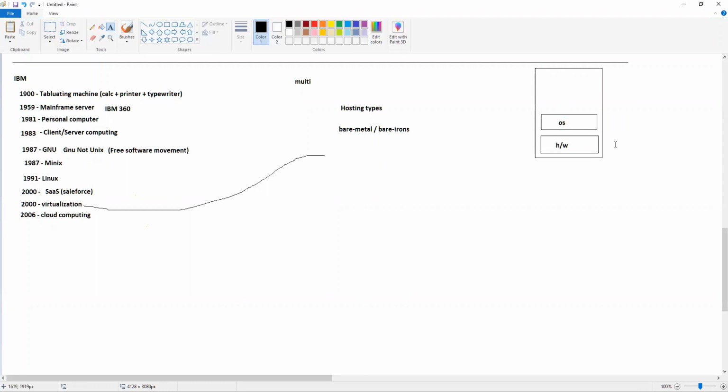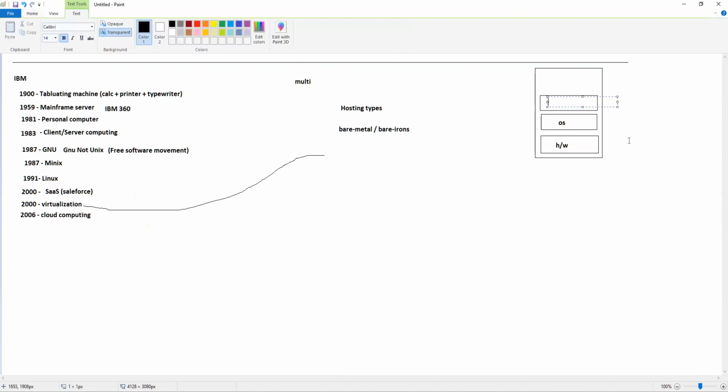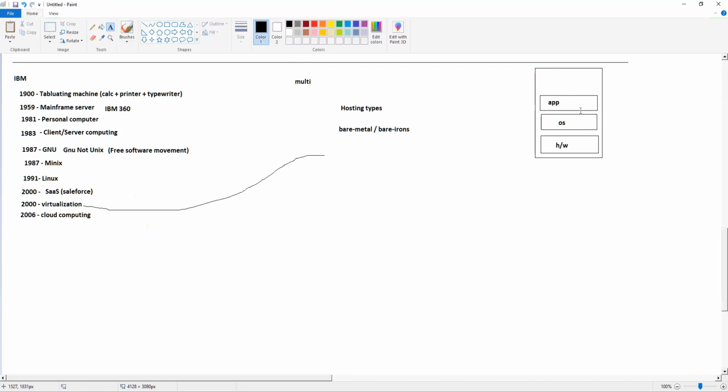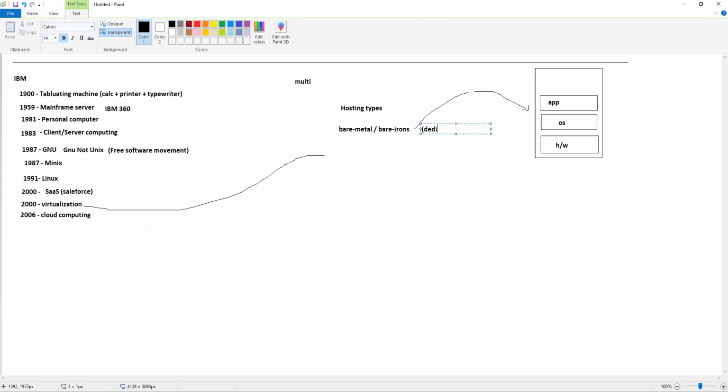So there is a kernel, and we'll talk about kernels: what the kernel is, what it does, and its functionality in detail. And then we run our application here. Whatever our application is: if I'm running a web application, then this becomes my web server. If I'm running a DNS application, then this becomes my DNS server. So that's how servers were before 2000, or before virtualization, and these were called bare metals. Even to this date, these are called bare metals. And what bare metals have actually become is what we call a dedicated tenant.